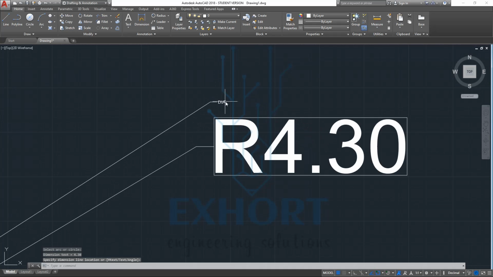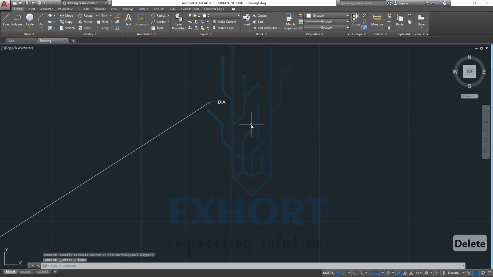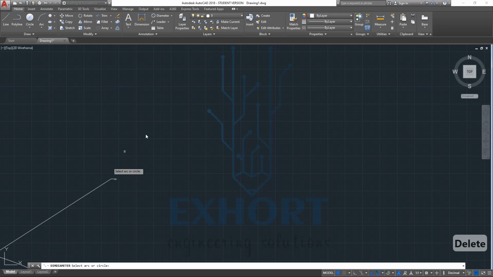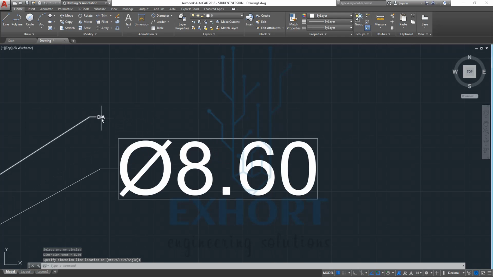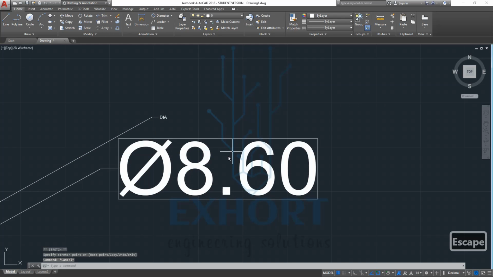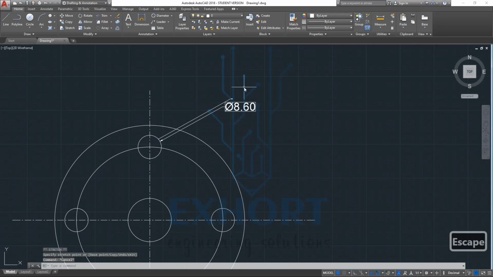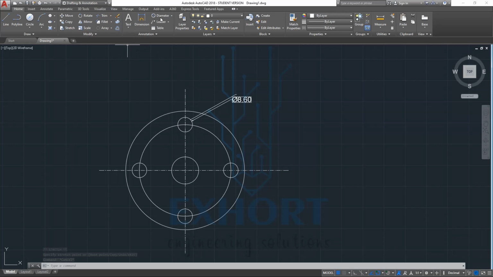Here we have mentioned diameter, so sorry, we want a diameter, so I will select diameter. The diameter is 8.60, so it will directly show us. Likewise we can use this annotation tab here also.